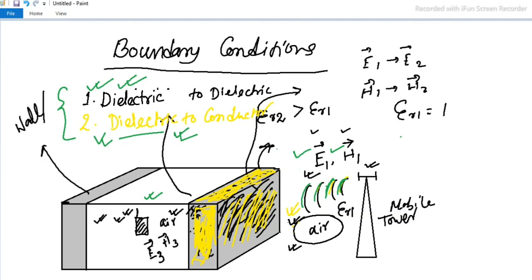Otherwise the propagation characteristics or many other characteristics cannot be explained nicely. So that is the reason these boundary conditions are quite vital to